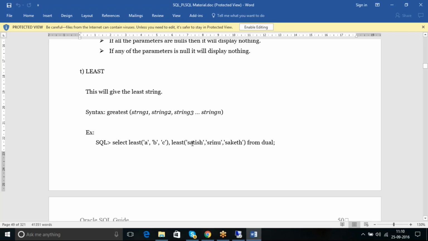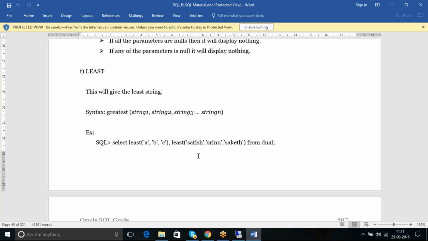Now compare it, sir. All first letters are the same. Next one, Srinu. How did you say that? Satish, Srinu and Saket is a list; how will it come? Only one will come, right?